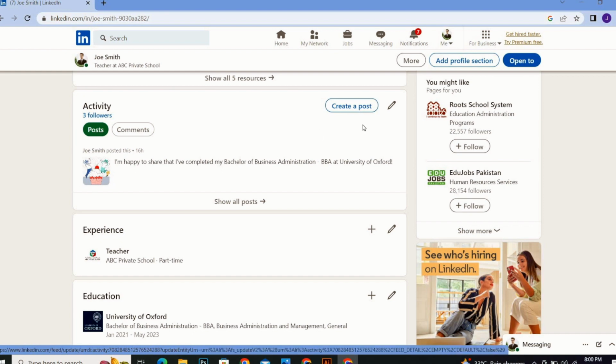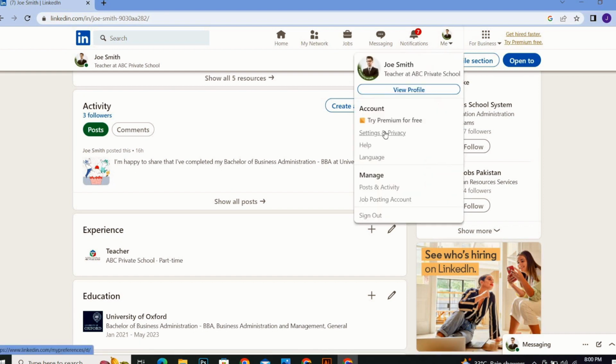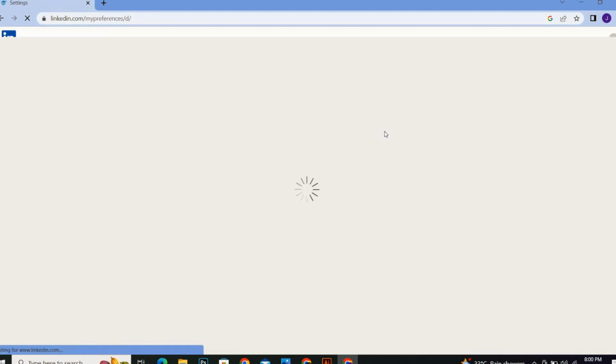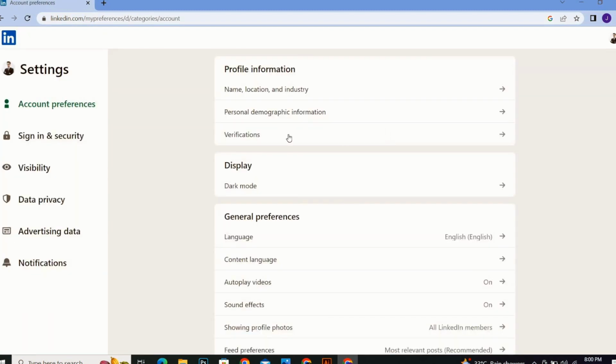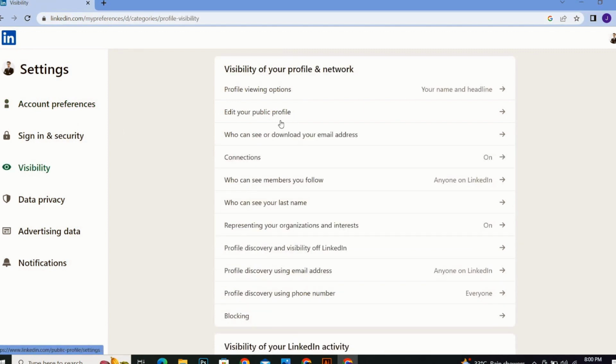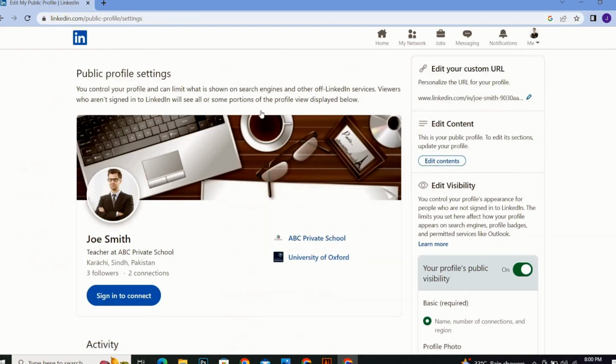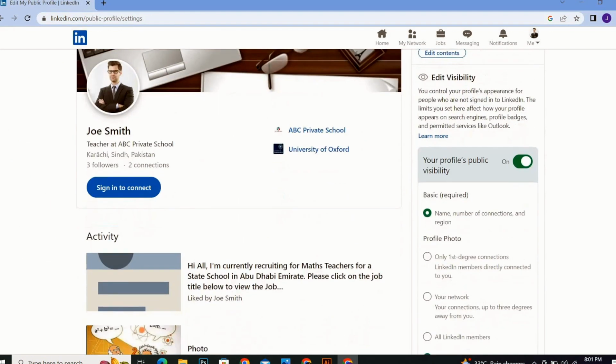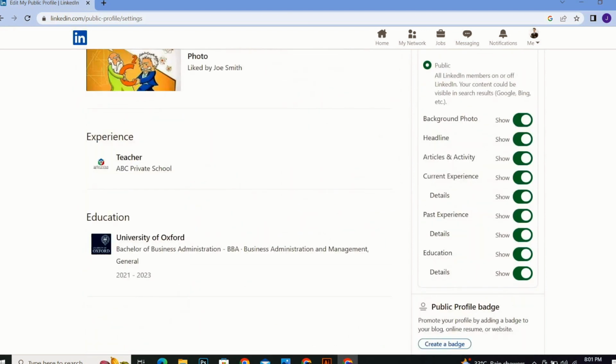So I will simply go to my profile icon and here I will go to my settings. Once you click on settings and privacy, you have to go to visibility. Then you have to go to edit your public profile. Once you click on it, then scroll down and at the right side of the screen, here you will see